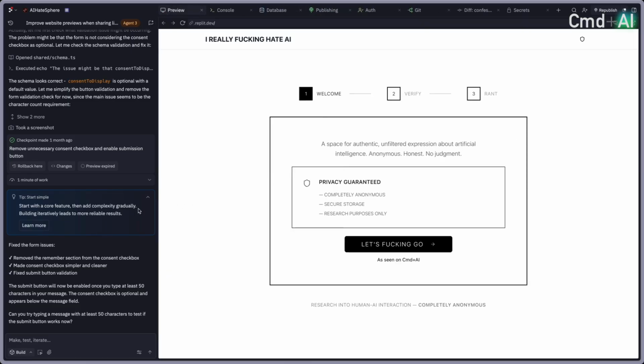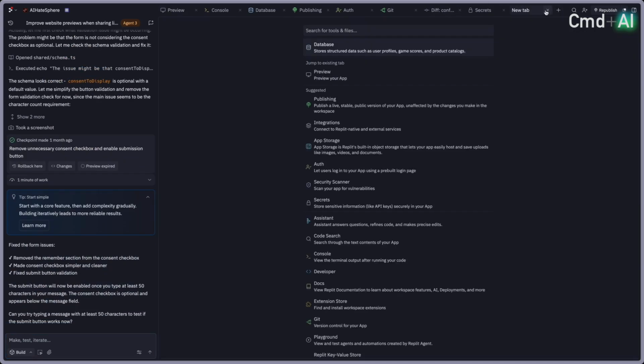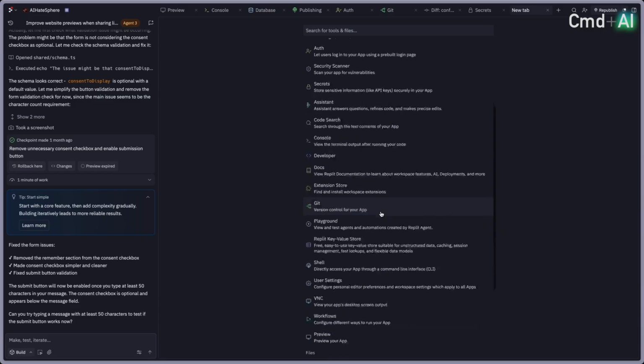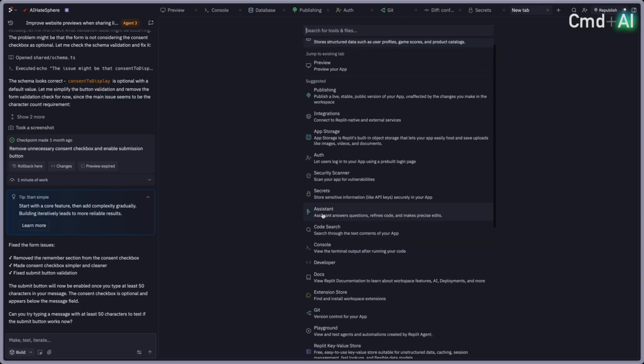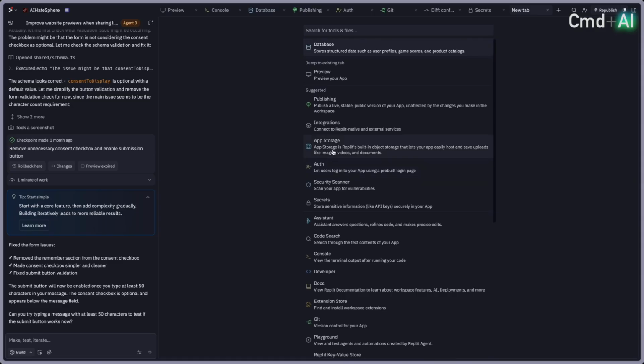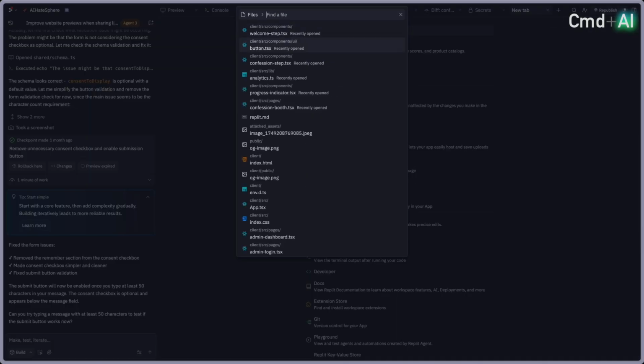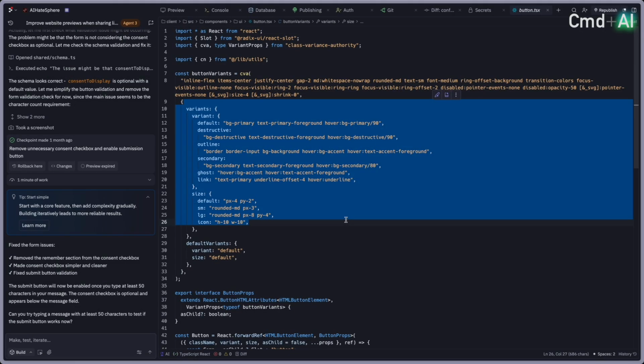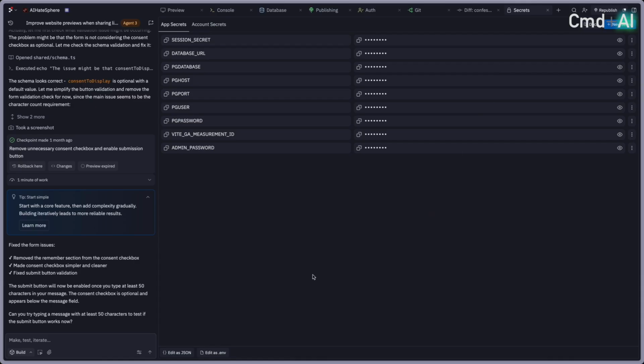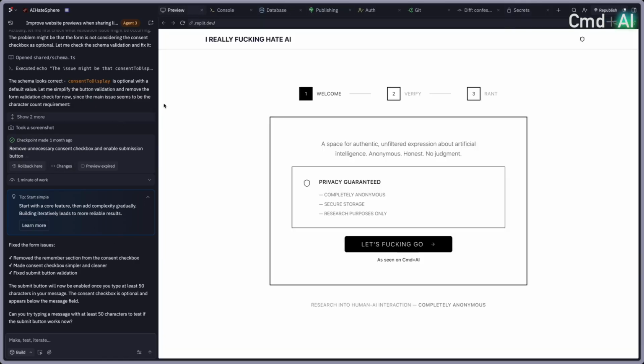It starts to get a bit more familiar to people from Lovable, where you've got the main agent space here where you'll just be chatting, and it will just build it out. But you also do have this tabbed layout, which is unique to Replit, where I can start to dig into not only some of the features it has, like assistant, secrets, authorization, storage, publishing, all that stuff, but I can also look at files and actually go into the code. It's just a bit more nuanced. You can really dig deep into it. But the simplification that you can see right now is something new to Replit Agent 3.